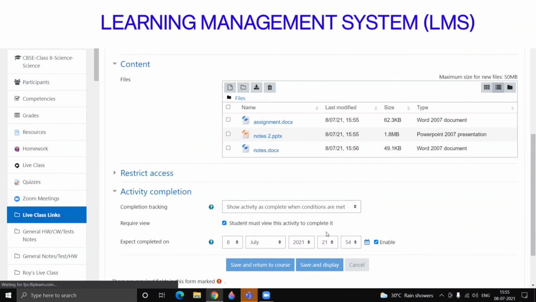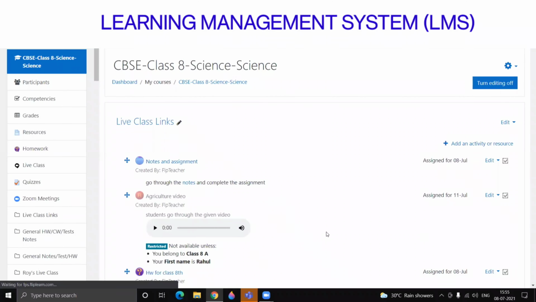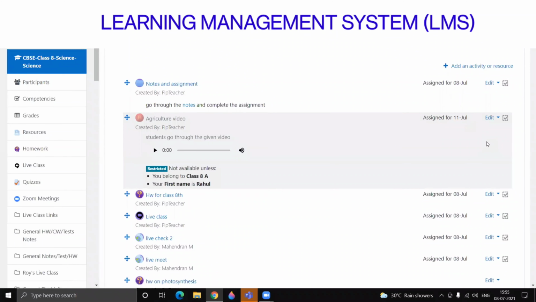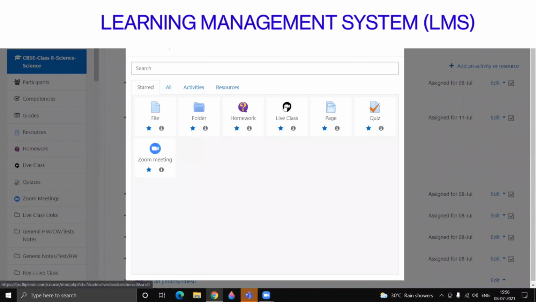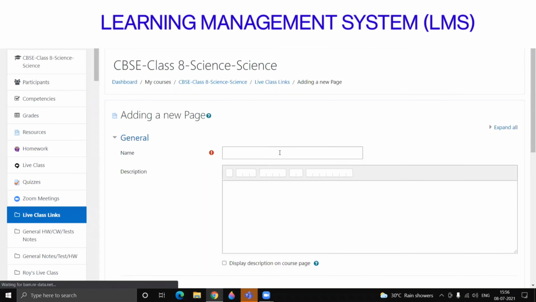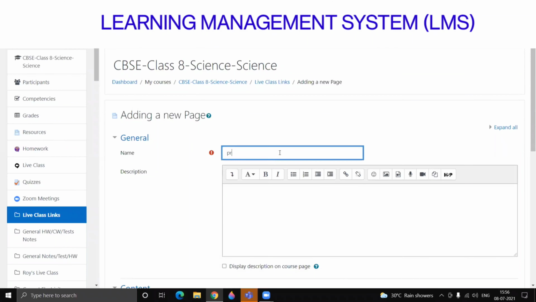Now I will show you how a teacher can add a content from a YouTube, or if she's prepared a video and she wants to send it as a link, yes, she can upload it in Google Drive and then send that link so that the child can access it. So I'll go with add an activity or resource, and I'll go for the option of a page. So I'll enter this as I want to send some preposition video. I want to send some grammar of Kannada content.